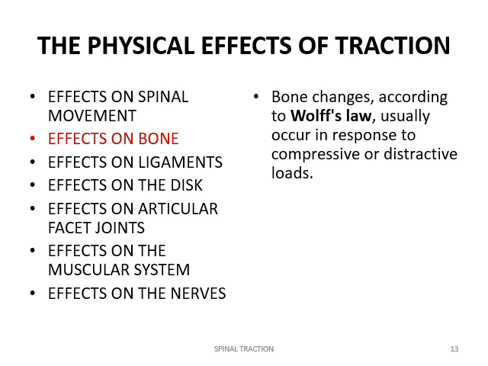According to Wolff's law, bone changes usually occur in response to compressive or distractive loads, and when we are using spinal traction, the traction has a distractive load. So the traction places a distractive load on each of the vertebrae which are affected or are under the influence of traction force. And although bone tissue adapts relatively quickly, the bony changes do not occur fast enough to cause the symptom changes that occur with the traction application.